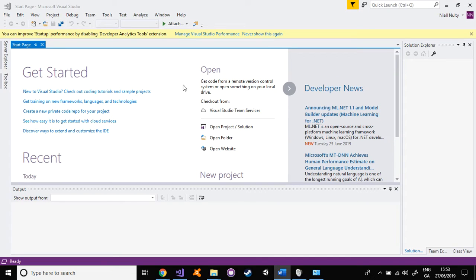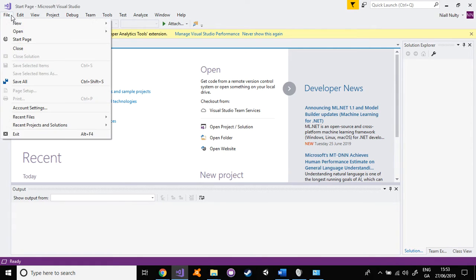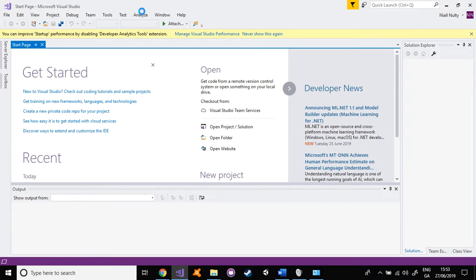To write code, you need an IDE. I recommend Visual Studio. The link will be in the description, and I recommend you download the enterprise version. Now, let's get started. Once you open Visual Studio, this is what you'll see, and go to File, New, Project,